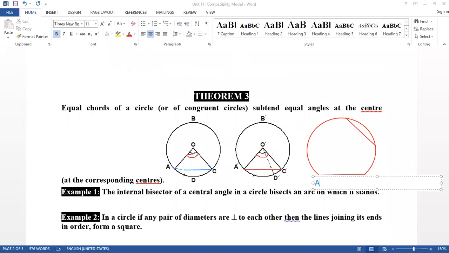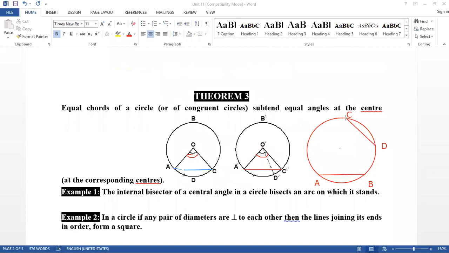If it is A and B, and for example, if we have another chord in the same circle, labeled as C and D, and if we are claiming that these two chords are equal, then consequently their center point, like this is the center point, then